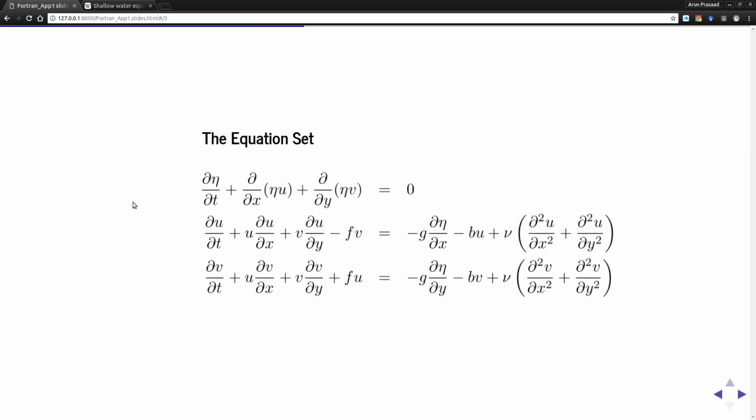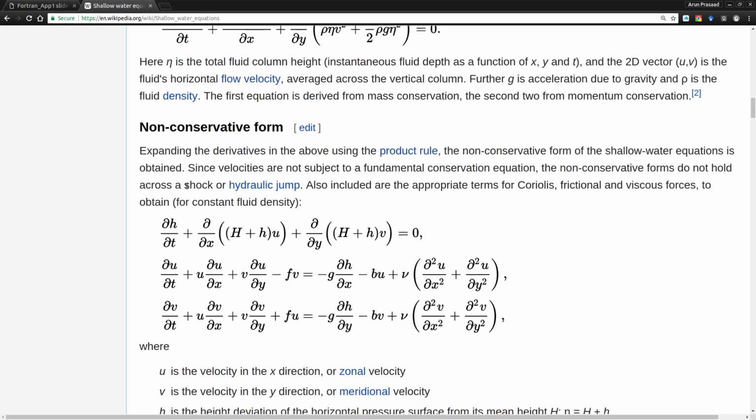Alright, so these are the equation sets. These are the three shallow water equations. The first equation is your continuity equation simplified for the two-dimensional case. The second equation is your horizontal momentum equation, your x momentum equation, and the third one is your y momentum equation. This is in the x direction and this is in the y direction. And if you want to know more in detail,